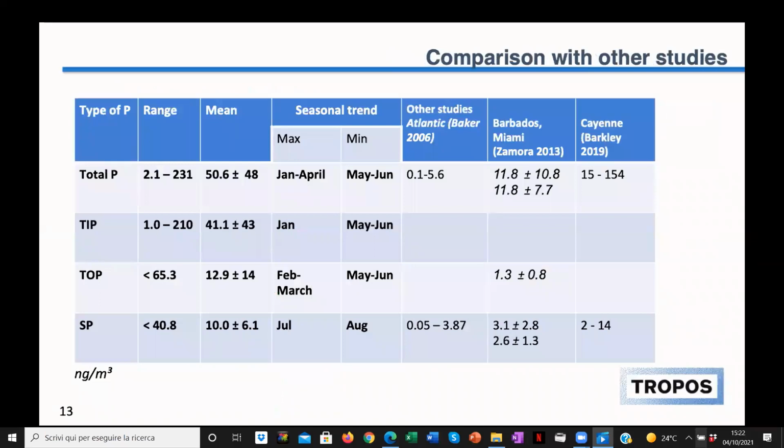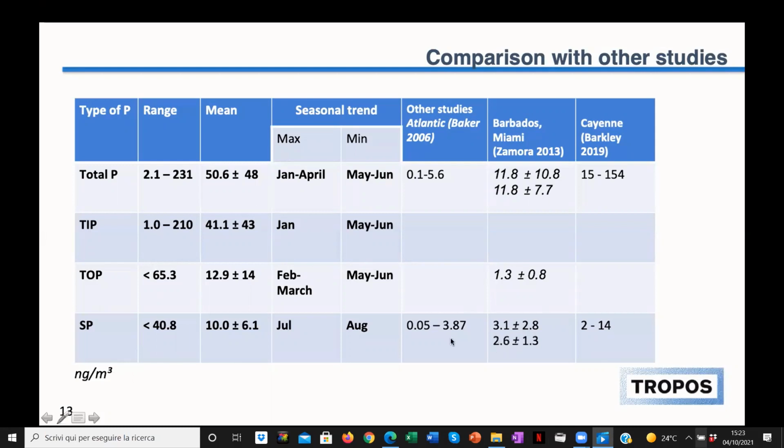As a comparison to other studies relating to phosphorus concentrations in Saharan dust samples, we see that the total phosphorus observed in this work and the total inorganic phosphorus observed in these studies are quite high compared to those reported for Saharan dust in different parts of the world. For instance, in Miami, the average concentrations were reported to be about 11.8, in the Atlantic, 5.6, and Cayman Island, 54. The total organic phosphorus was reported in some regions around 1.3, and the soluble phosphorus range is quite low